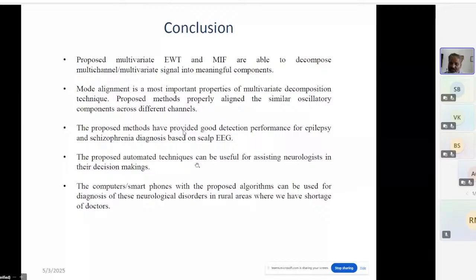So computer-aided medical diagnosis can be done. And computers and smartphones with the proposed algorithms can be used for the diagnosis of these neuro disorders in rural areas where you have a shortage of doctors. So here, if you integrate a smartphone with an EEG recording system,